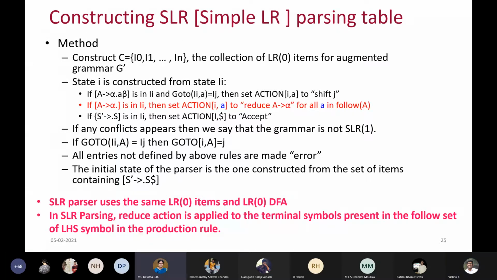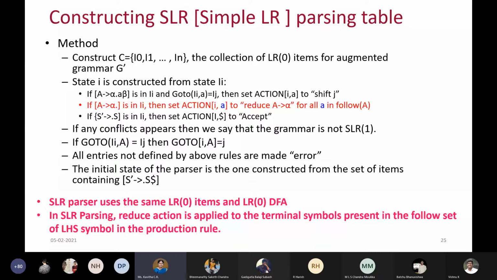Yes, ma'am. Okay, let us start with the SLR parsing. Yesterday I told you that SLR parsing is similar to LR(0) parsing, but the only difference is in performing the reduce action. As you all know, we have 4 things to be done: the shift action, reduce action, accept, and error, with respect to the table. So construction of the DFA in SLR parsing will also be the same, or I would say you will be using the same LR(0) diagram, whatever you have created. So that will do, not a problem.